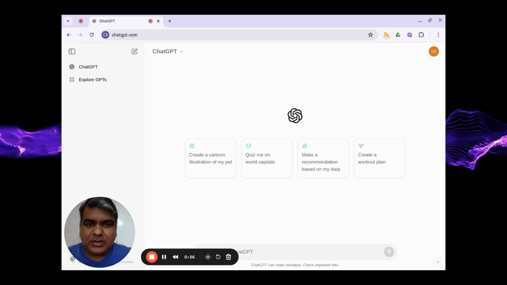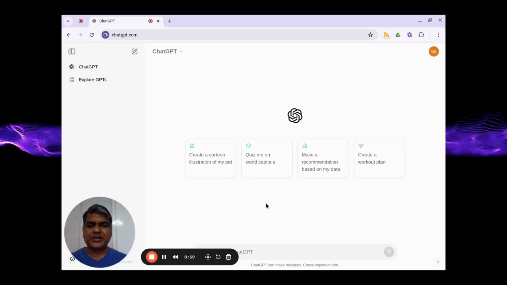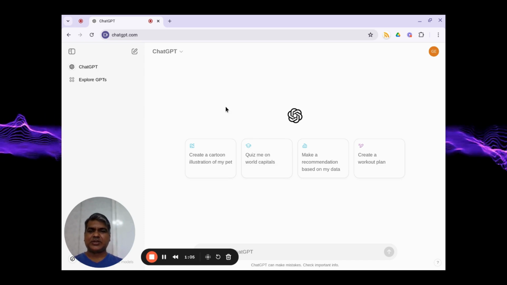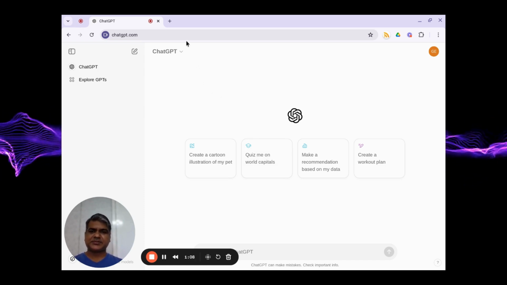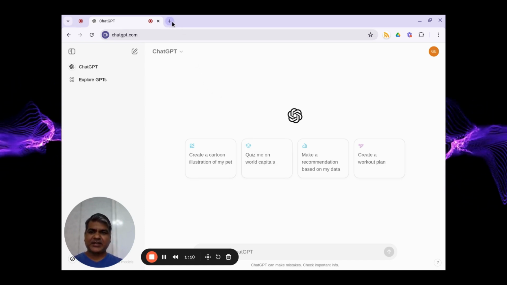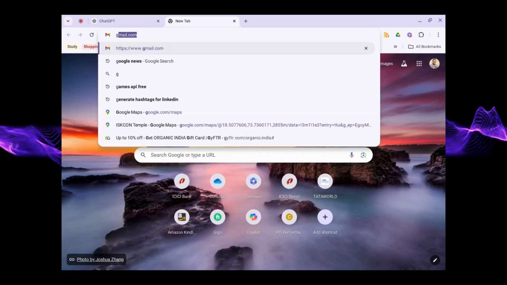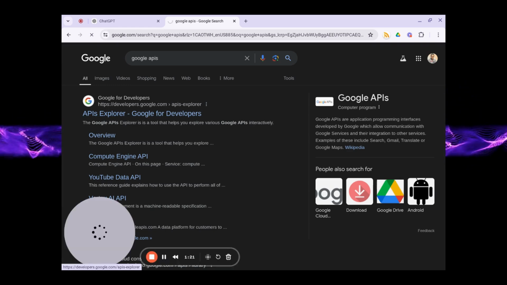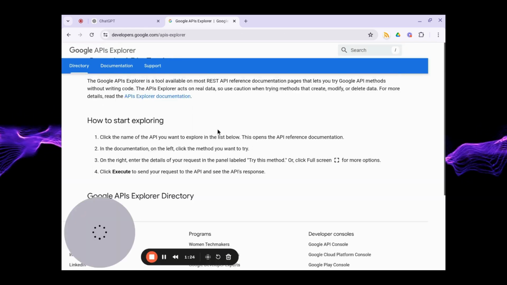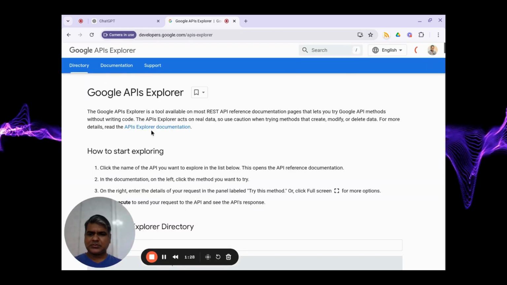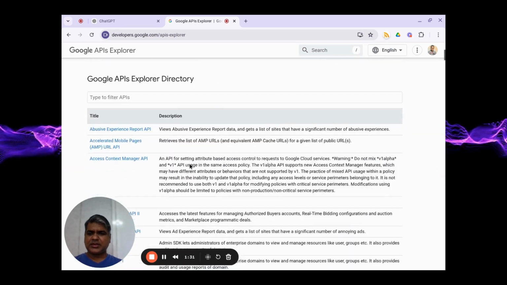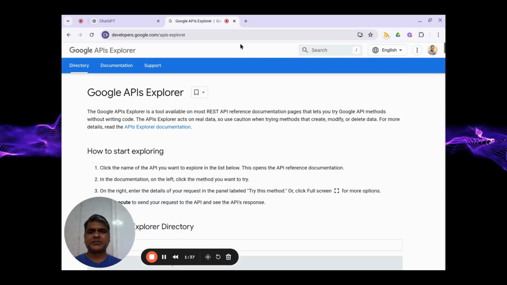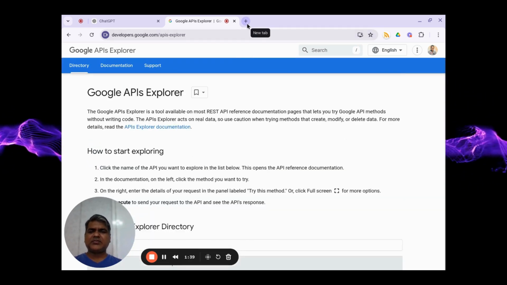As you might already know, there are various APIs provided by Google and other organizations which help us do the development activities and use the services. For example, I'll show you in Google. Here, you can see all the Google-related APIs are given. Similarly, we will work on a very simple API